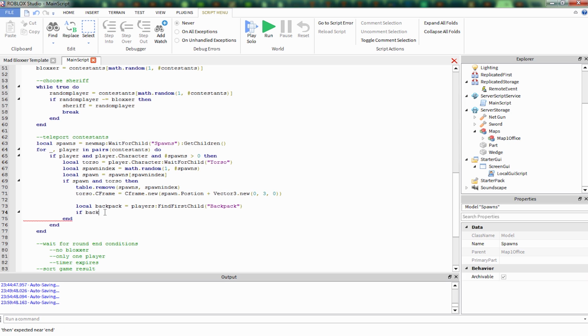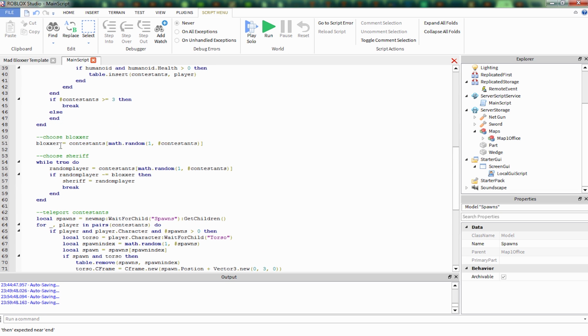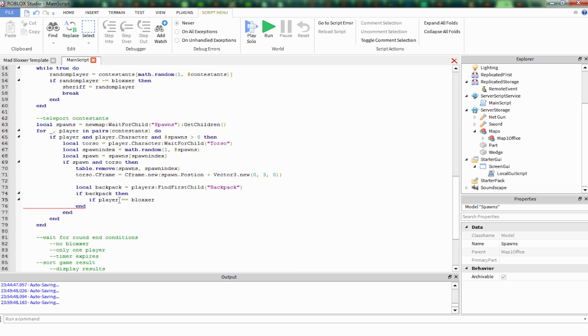So if backpack, then, we want to make sure that what we're putting the tools into exists. Okay, so after we make sure that they have a backpack, we only want to give the tools to the Bloxxer and the Sheriff. So let's do the Bloxxer first. If player is equal to the Bloxxer. So the Bloxxer is just a player, and if our current player is equal to the Bloxxer, then